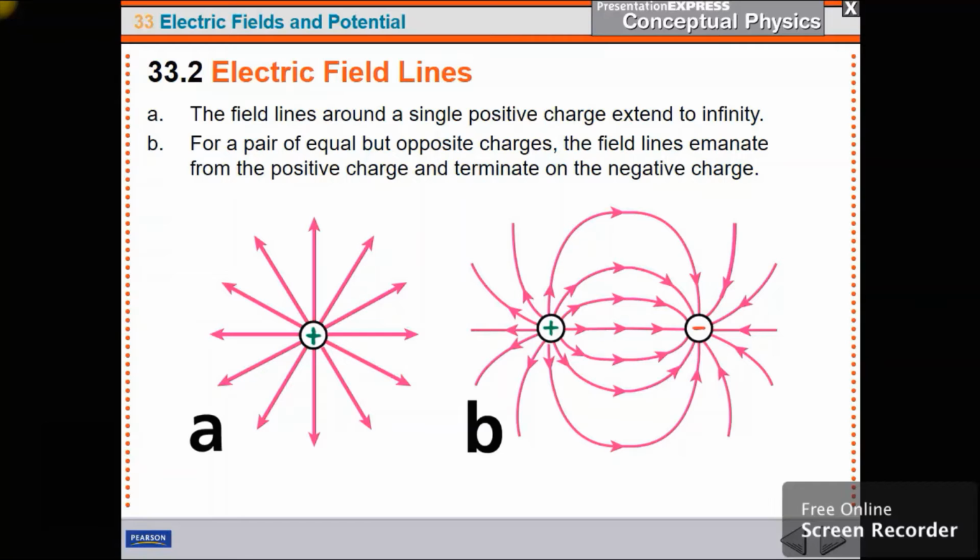Finally, if I have object A and B, the positive and the negative, next to each other, you can see the electric field lines coming out of the positive and then going into the negative. And that's the way it works in real life. The positives are attracted. And if there's nothing to stop these, they're going to pull on each other until they meet in the middle.